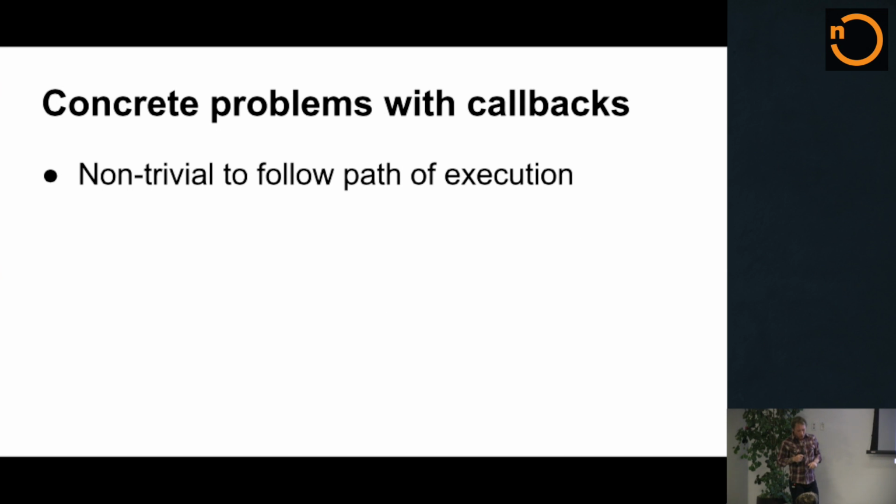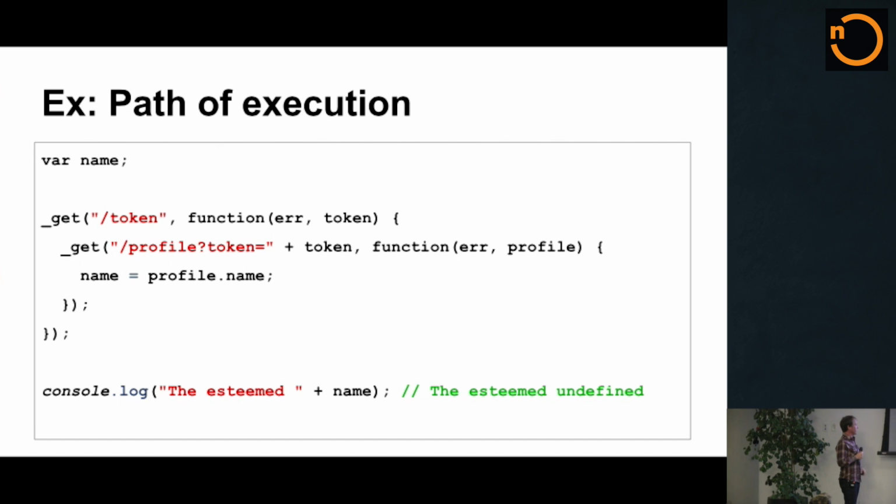OK, so in order to talk about how awesome generators are, I need to enumerate some of the things that I think suck about working with asynchronous callbacks. It is my position that it is a non-trivial amount of effort to follow the path of execution through a program that is written leveraging heavily asynchronous callbacks. If you write JavaScript all the time, you sort of just become numb to this pain. But people coming into the language from Ruby, Python, Java, whatever, have to wrap their head around some of the strange things that they're seeing.